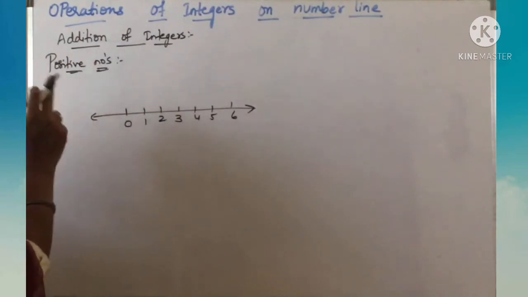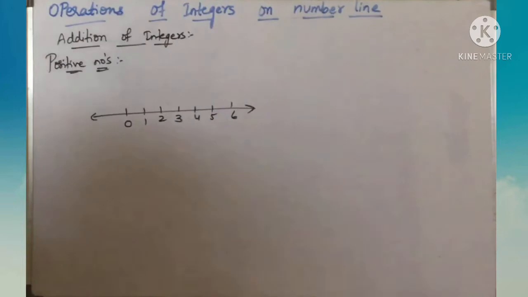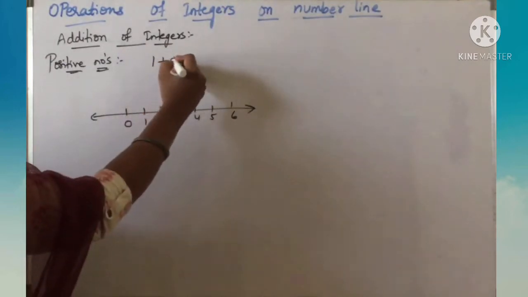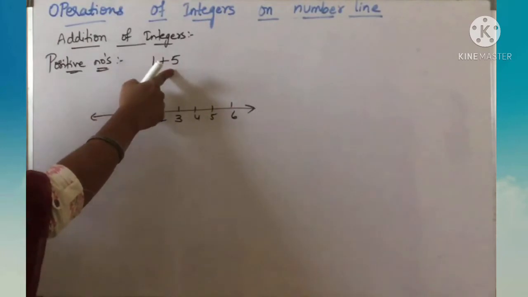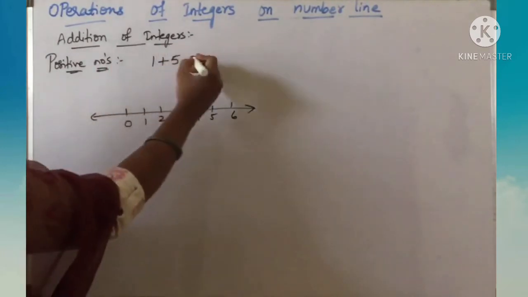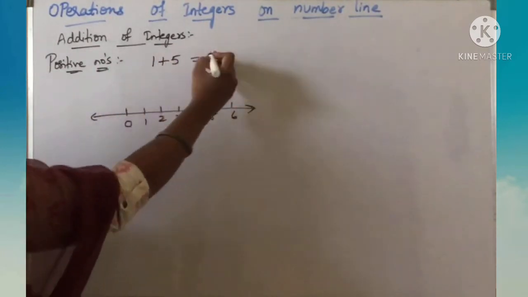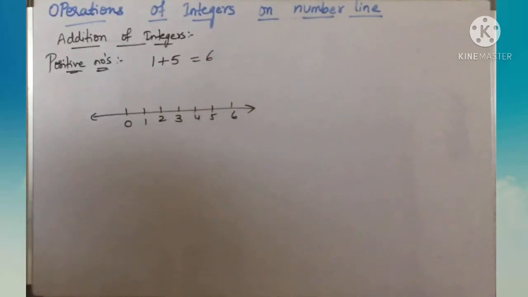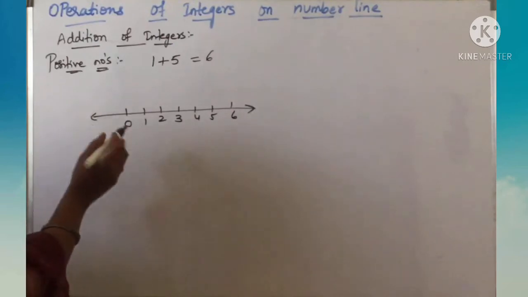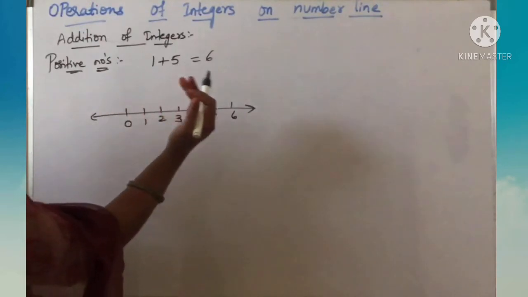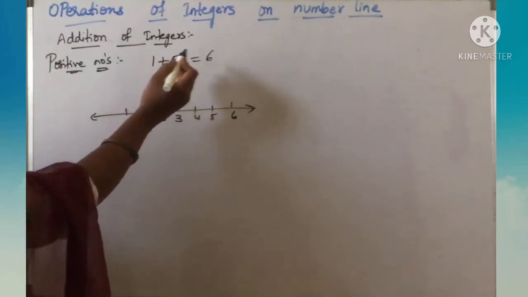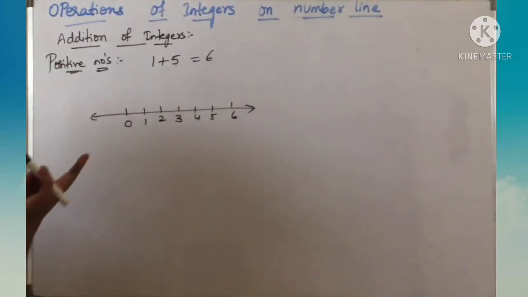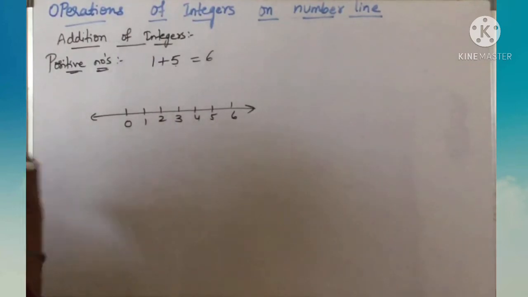So you know when you add two positive numbers, example 1 plus 5. Okay, so 1 is a positive number and 5 is also a positive number, right? When you add, how much will you get children? 1 plus 5 is 6. Again you will get a positive number, right? So on adding positive numbers, the direction of the move will always be to the right side. Here the first number is 1 and the second number is 5, right? So both are positive. First locate 1 on the number line.